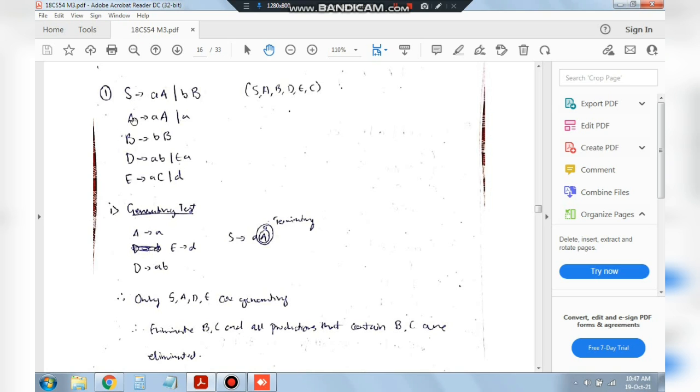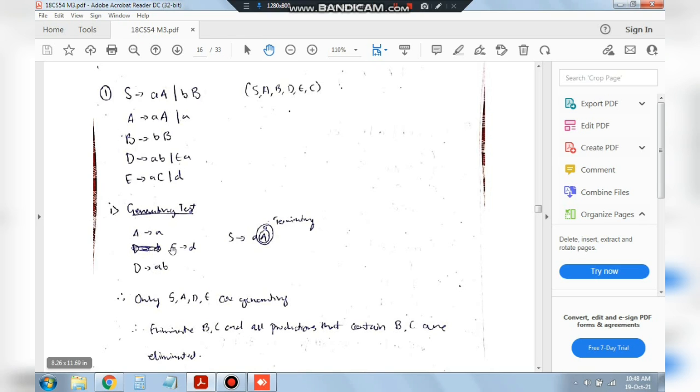Okay, you have to choose those symbols which are ending with a small letter. For example, a is ending with a small letter here, so we'll write here a goes to a. Okay, and B is not ending with a small letter because it has a capital letter with it. D is ending with a small letter. Yes, it's ending with a, b, which are both small letters, so you can select this one. E is ending with D. Okay, so we'll write here a, e, and d.